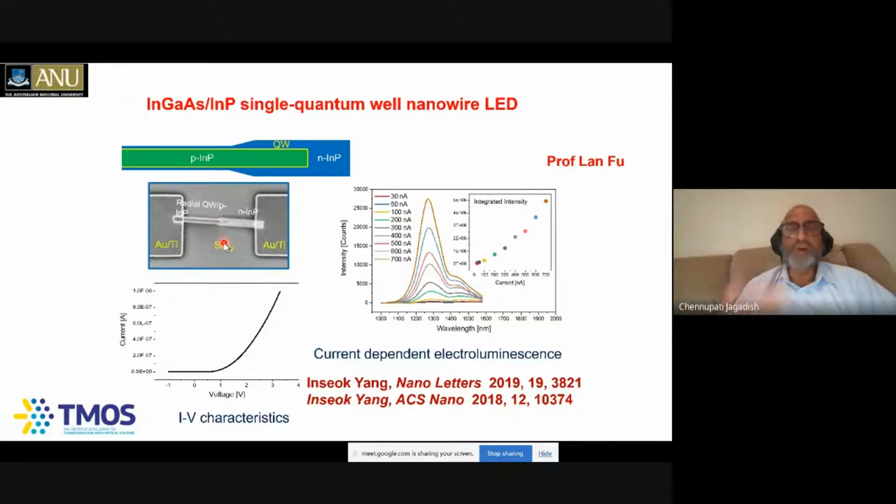Okay. So now we have another student, Nikita Gagrani, who came from IIT Kharagpur, who has been working, in fact, for the last 4 years continuing this work, replacing these metals with indium tin oxide and aluminum doped zinc oxide, or the transparent conducting oxides, to minimize the losses and still be able to inject the current to get these things to lase. And still it's been a very, very challenging project. And I'm hopeful in the next 6 months or a year or so, we'll be able to demonstrate this one. Really, really challenging project.